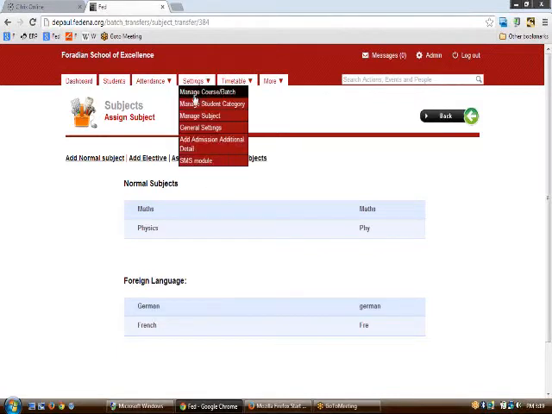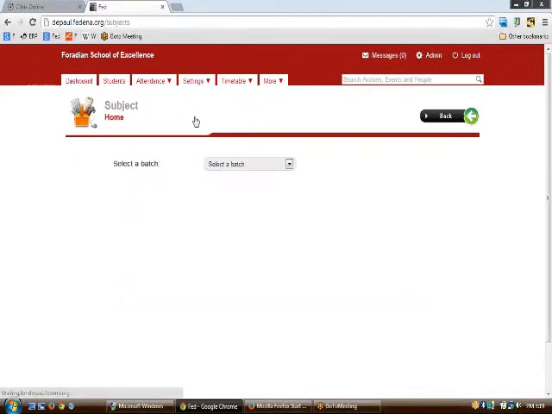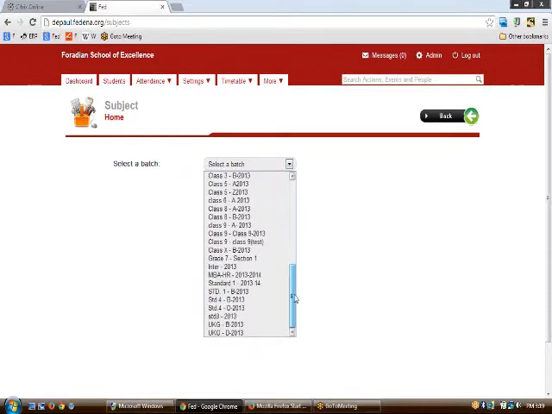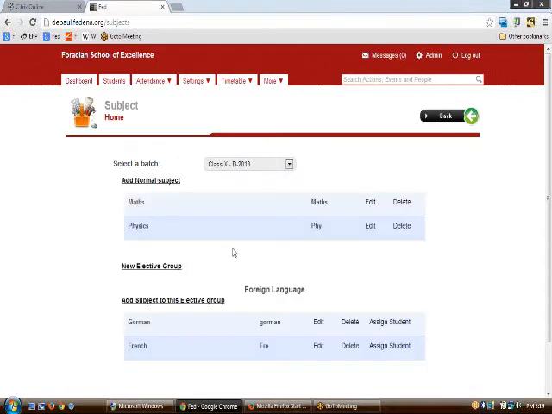This is how you can create subjects. But at a later period, regarding the elective subjects, if you have a bunch of students and you want to assign each of the students a particular subject from the elective group, then you can do so by clicking on the particular batch again and using assign student from here. If the students are there in this particular batch, then you will be able to assign the students from here itself. So this is how the subjects can be created and managed efficiently.